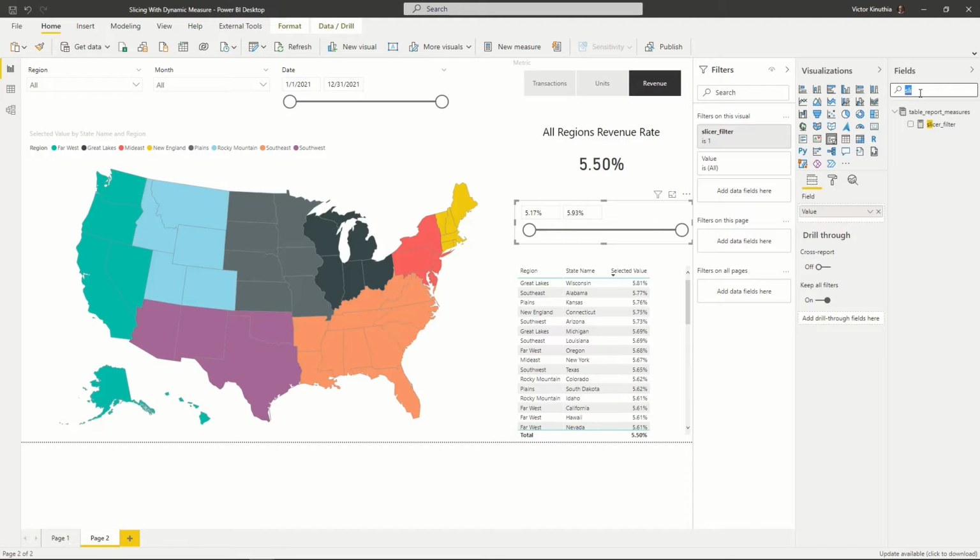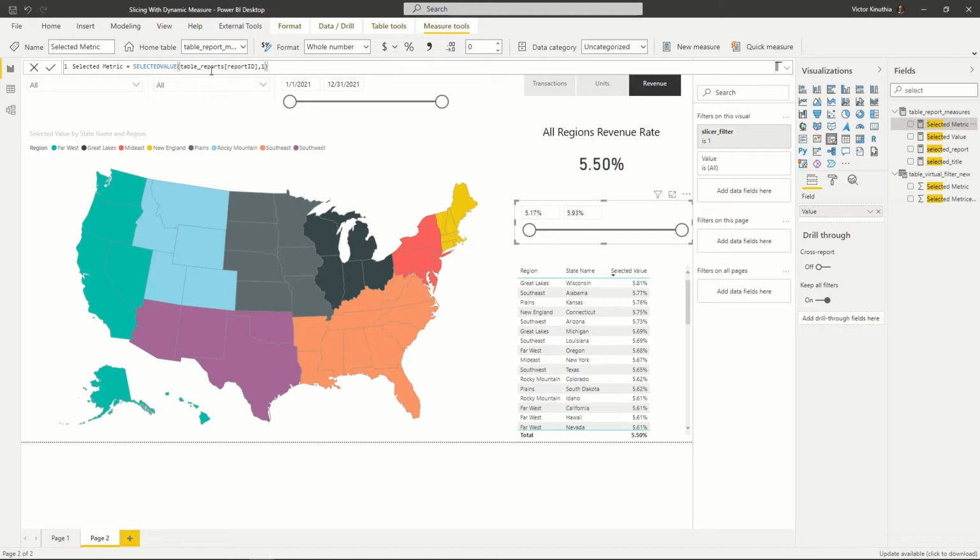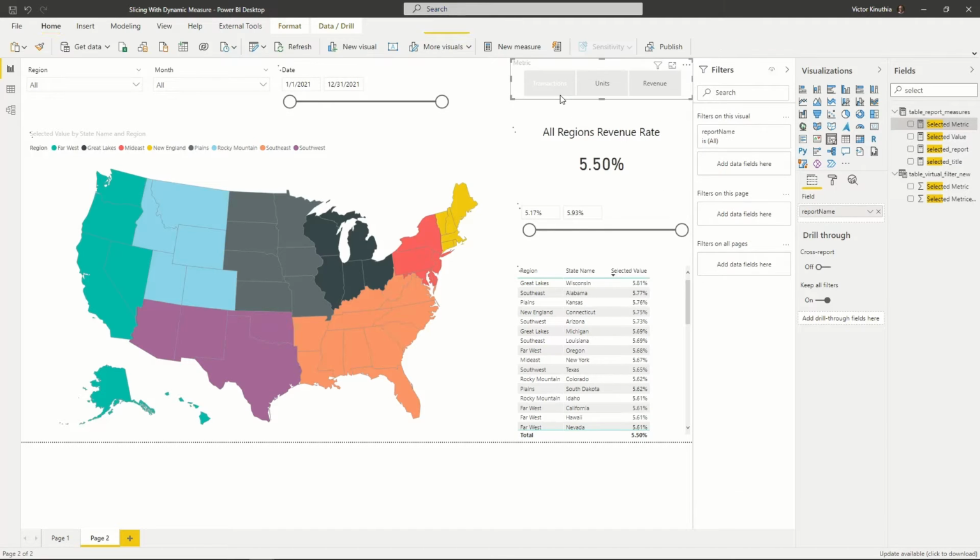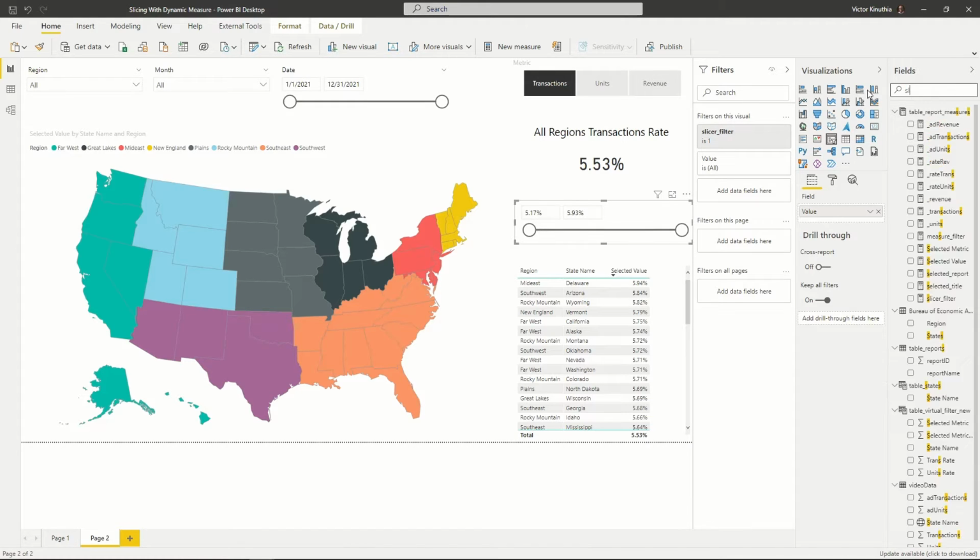So when we set up the selected measure, or the selected metric, what we're looking at is this table of reports, which has these values here, just a table of three rows, the transactions, units, revenue and the IDs 1, 2, and 3. And so the selected value picks the currently selected value, and if nothing is selected, it defaults to 1, right? And the other piece that's contributing to that is the slicer filter, which drives this right here, if you look at how that's set up, right,